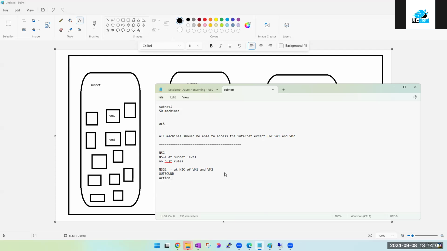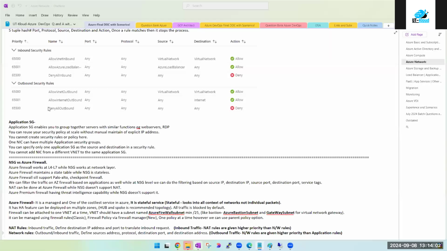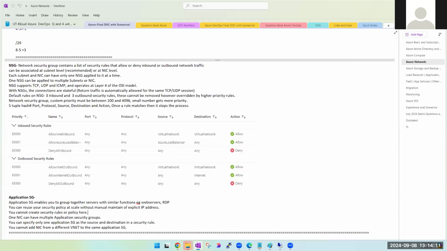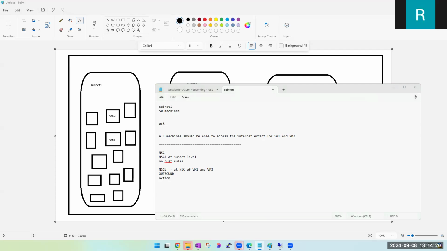What about the other parameters of the network security group? What will be your priority? What will be the port number, protocol, source? Can you please elaborate your answer? The priority should be less than the default rule.